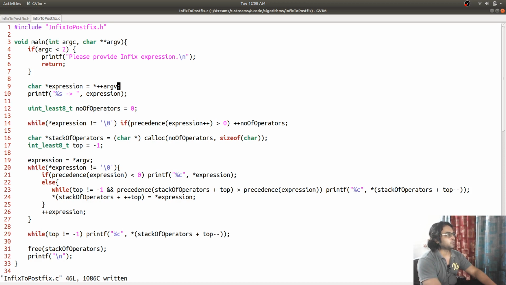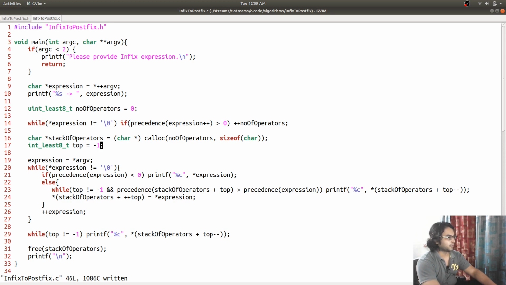Can we make this code smaller? Is this expression operation needed? Yes, it is needed. We need a temporary variable that keeps moving over this entire char array.